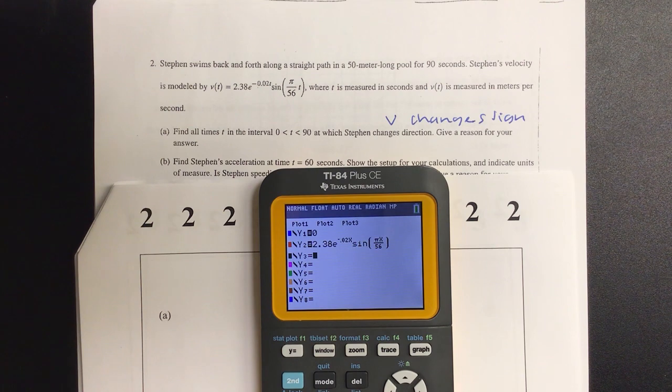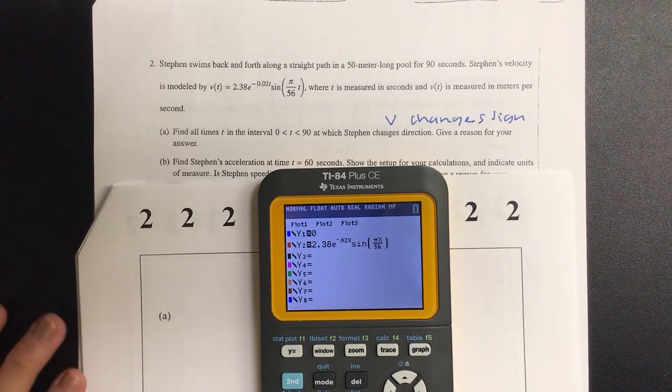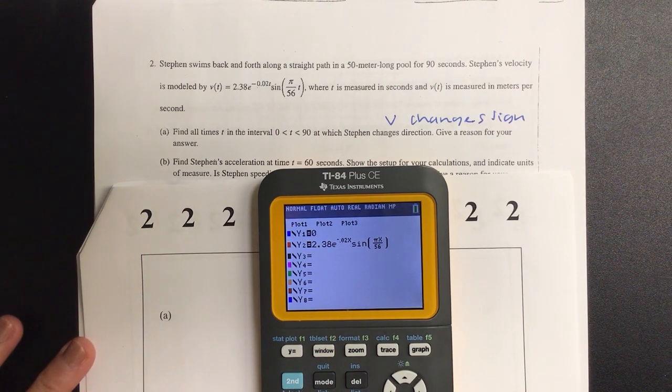So if you put the equations on y1, y2, or wherever, when we're computing, we don't have to type that in anymore. And when you're ready, I would start at zoom 6. Actually,